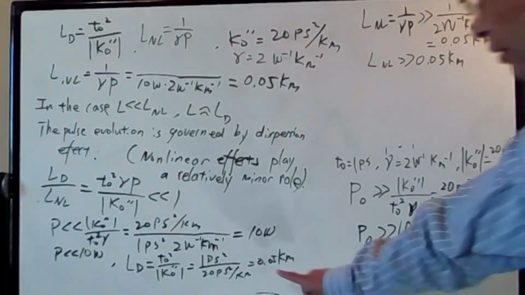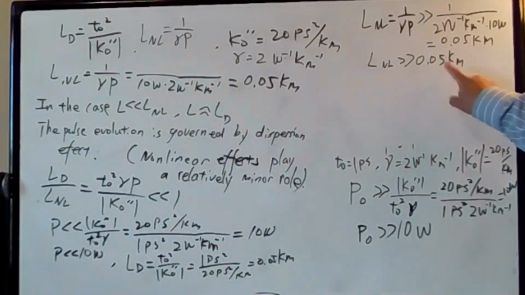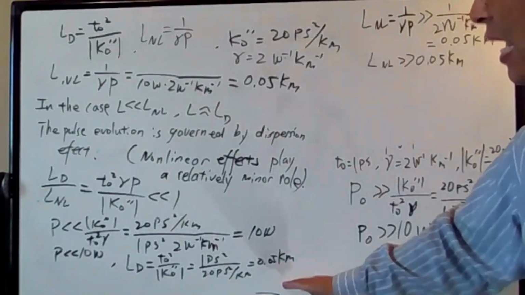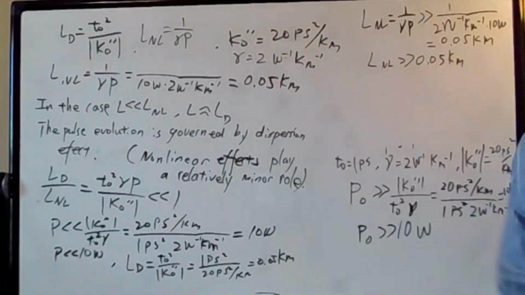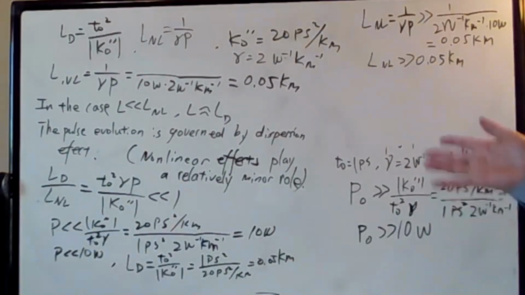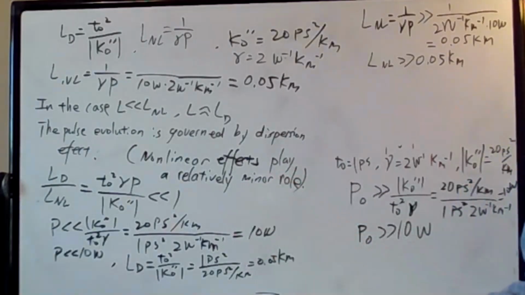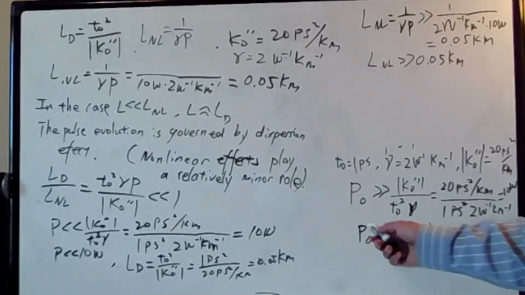Right? So LD is 0.05. Nonlinear length is way larger than 0.05. So that means my propagation is governed by the dispersion effect, right? Because when we are below 0.05, there's probably no dispersion, but once after 0.05, the dispersion effect dominates, right? So you would ask, so we have this case, the case of,